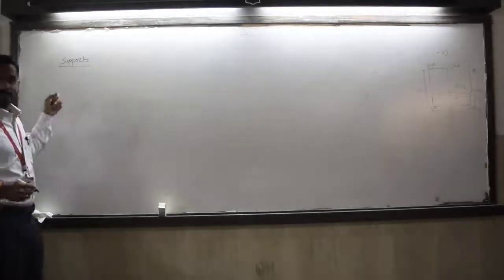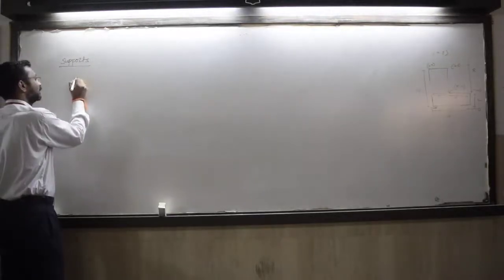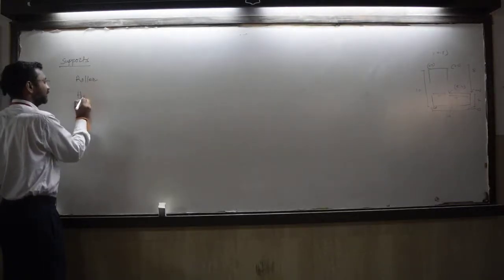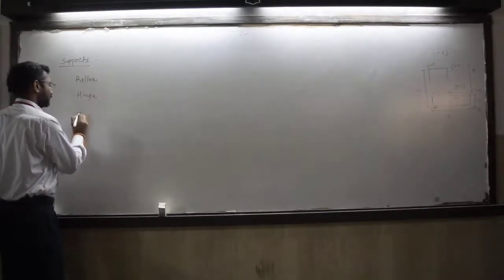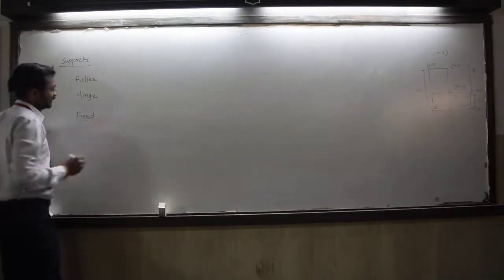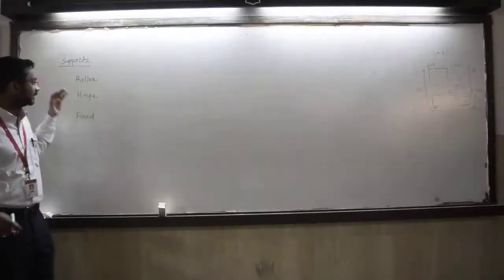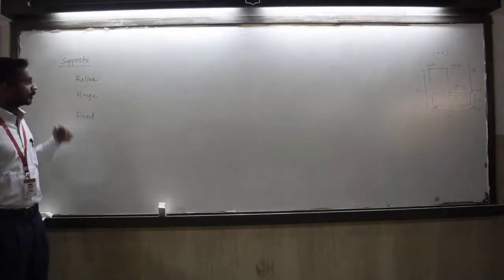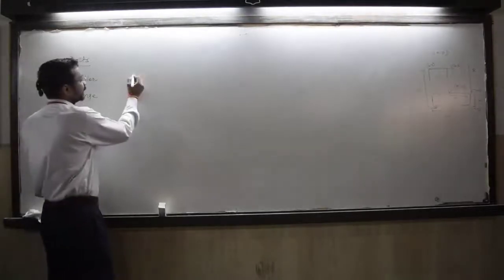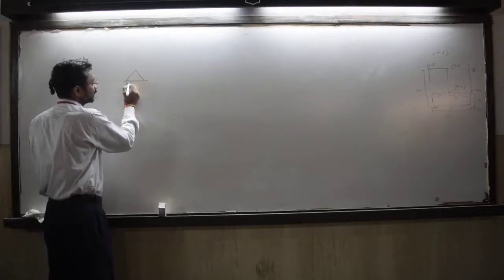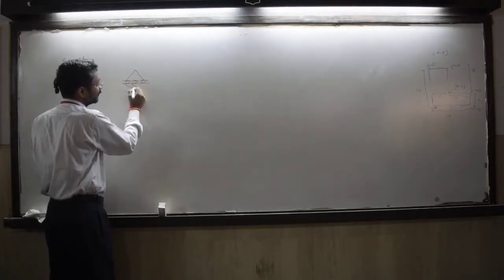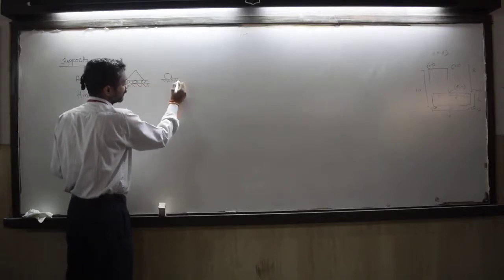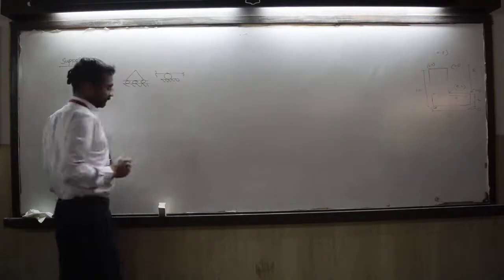Now, of the different supports commonly used, the first one is roller support, second is hinge support, then fixed support. Apart from these there are different types of support, but initially these are the three supports which you will most commonly come across. Now roller support. The symbolic representation for roller support is like this. The rollers are shown below, or if you are providing an intermediate roller, it will be like this, with this break line provided.